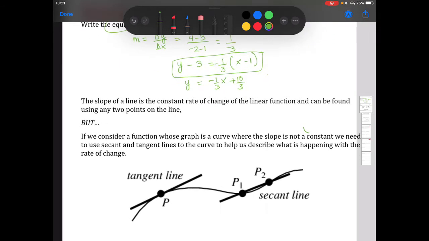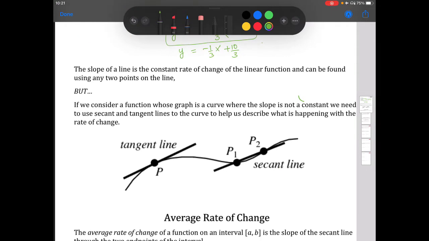That's fine with me. So the slope of a line is the constant rate of change of the linear function and can be found using any 2 points on the line. Let me explain this. If I had a graph and I have a line, I can pick any 2 points as long as they are on the line, and I can find the slope of that line because it's a constant rate of change. But what happens when they're curves? If we consider a function whose graph is a curve where the slope is not constant, we need to use secant and tangent lines to the curve